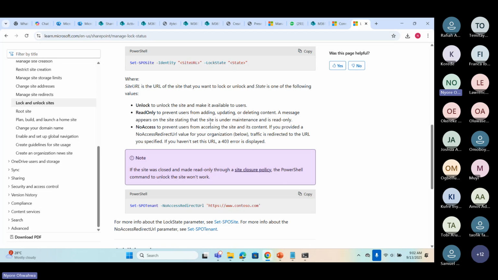A message appears on the site stating that the site is under maintenance and is read only. NoAccess prevents users from accessing the site at all. If you provide a NoAccessRedirectUrl, traffic is redirected to the URL you specified. So let's try the read only state and see what we get.